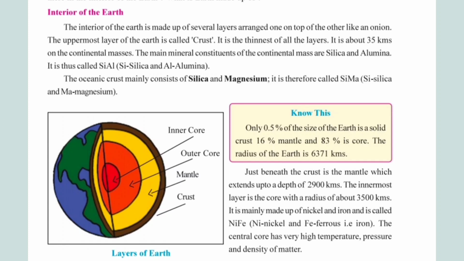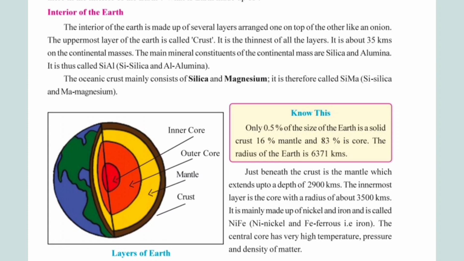The one which forms the ocean floor is predominantly silica and magnesium, and the one that forms the continent is predominantly silica and aluminum. The continental crust has a much higher thickness, which is around 35 km, in contrast to the ocean crust, which is nearly 5 km deep. However, as we have seen, with 35 kilometers and 5 kilometers, the crust is considered to be one of the thinnest layers among all three layers, that is crust, mantle and core.